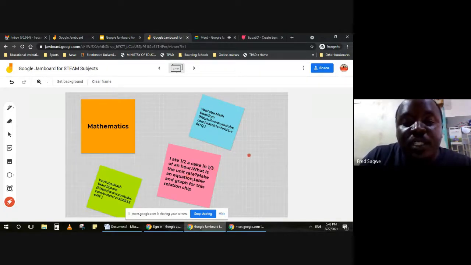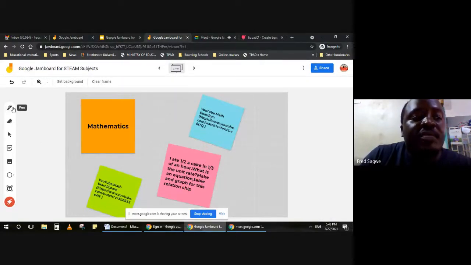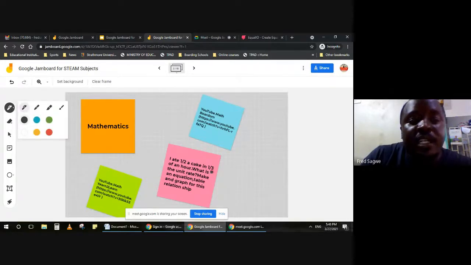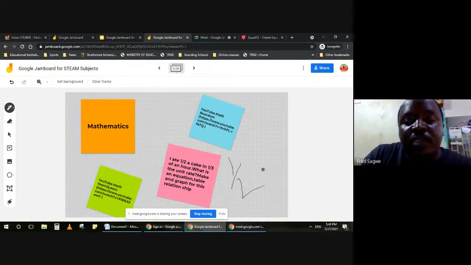And then you put the graph itself. So it will be at the repository. For example, I'm supposed to make an equation and a table, a graph for this relationship. So I'm in a position maybe to try and get a pen here, for example, and select this one here and try maybe to write a fraction, just sketching, and see if I can just